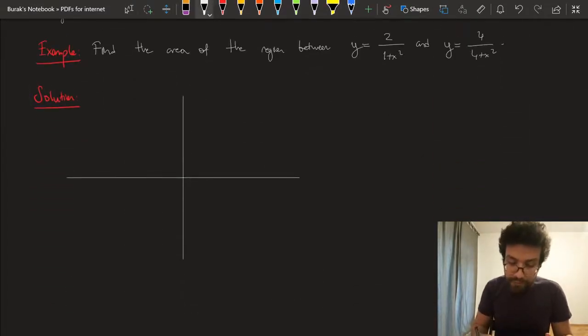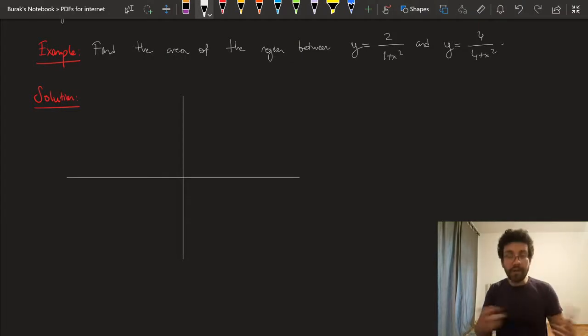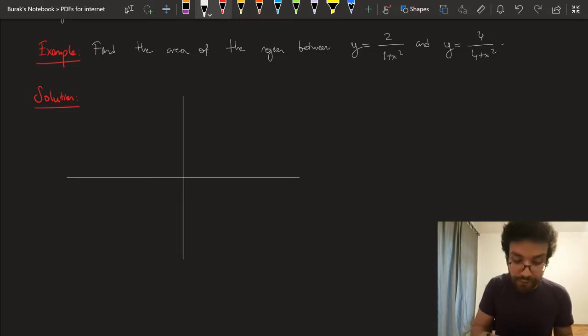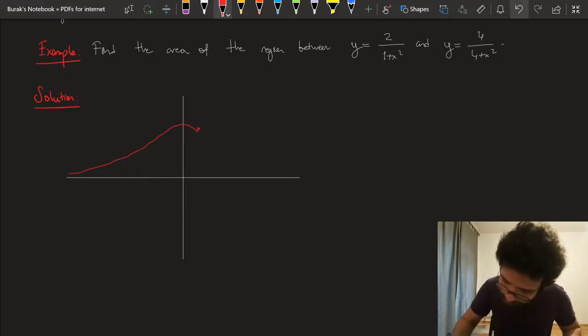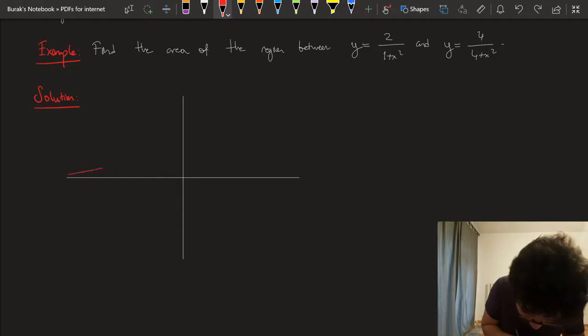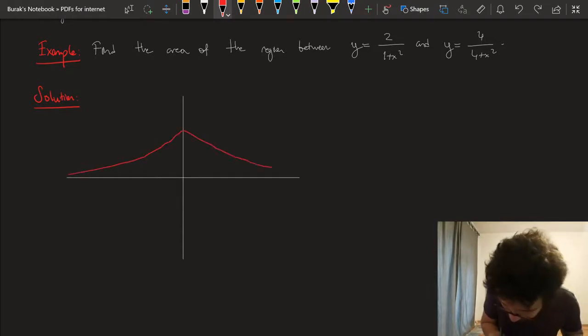Now, for this question, you have to plot these functions. I'm going to directly do it without telling you how, because we already covered a section on this. Remember, it was 4 something, sketching graphs of functions. So go back to that section and study it if you forgot how to sketch graphs of functions, and realize that when you sketch the graphs of these functions, what's going to happen is